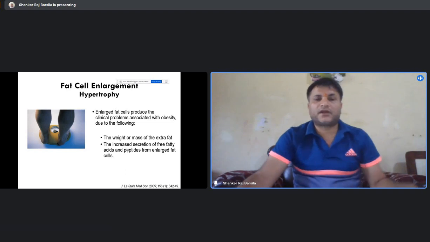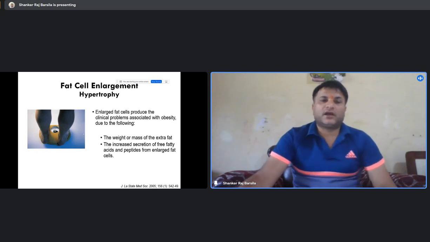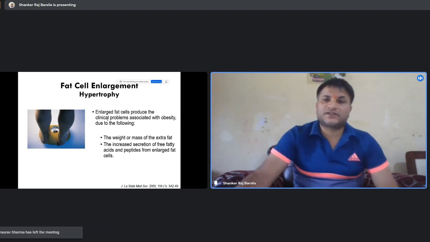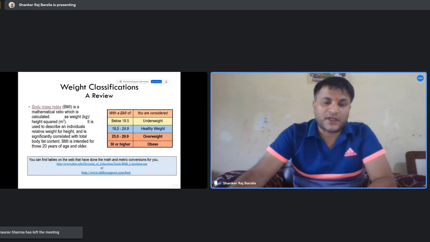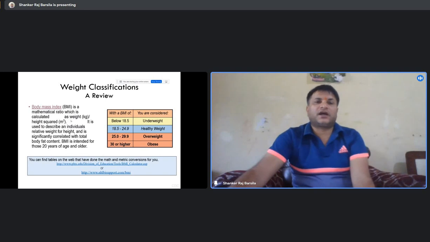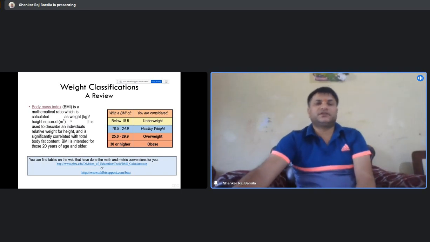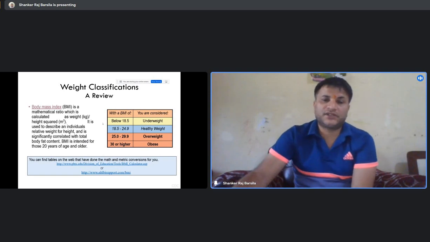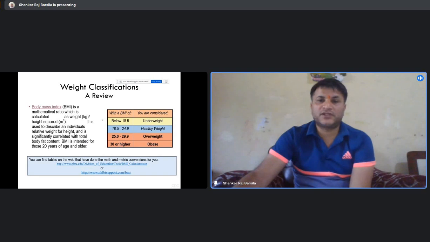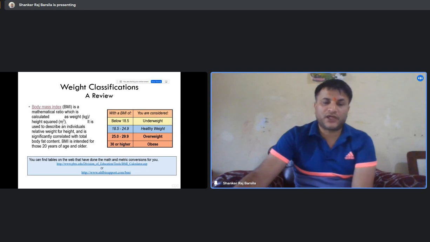Fat cells, then there is the risk, the associated risk of obesity starts in the human body. So based on this body mass deposition, body mass increment, scientists have defined the body mass index for healthy weight. The formula given is body weight in kilograms divided by height in meters squared.